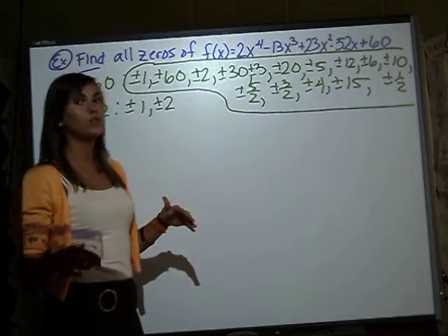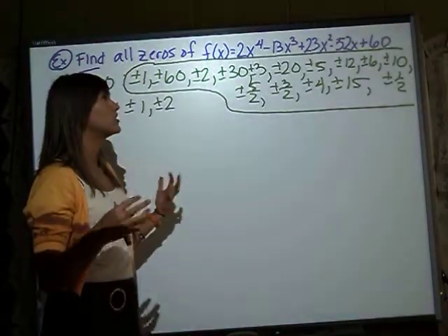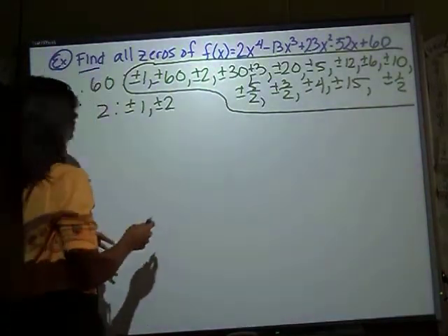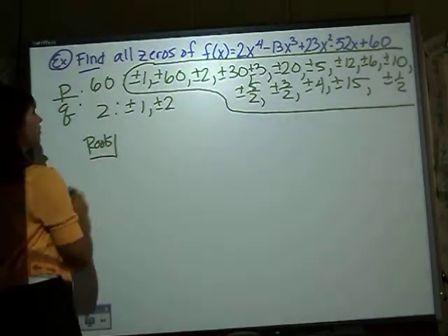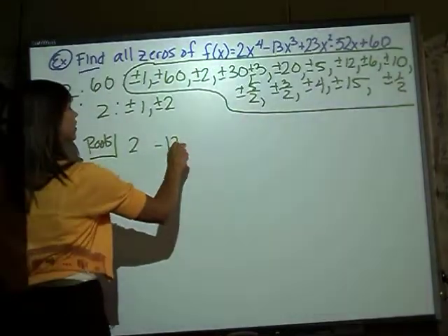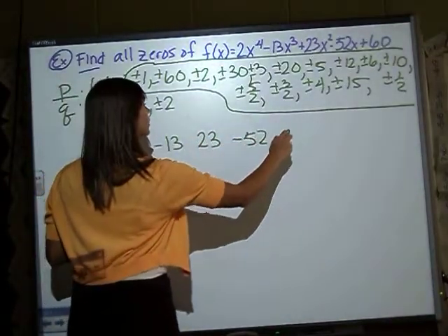We can use Descartes' rule of signs to see if we have any positive or negative ones. But really this is just going to be guess and check. So you're going to go from there. Okay? So, to set up our synthetic division, I'm going to have my roots here, and I'm going to bring down my coefficients. 2, -13, 23, -52, and